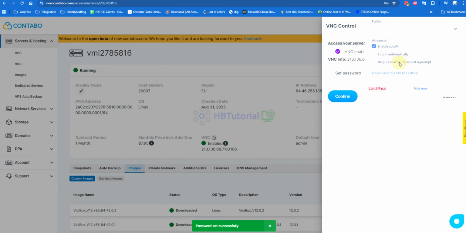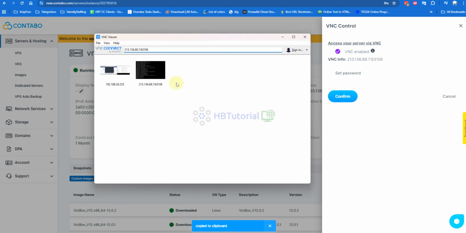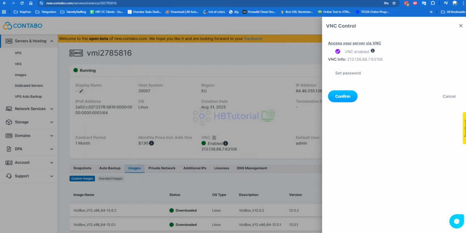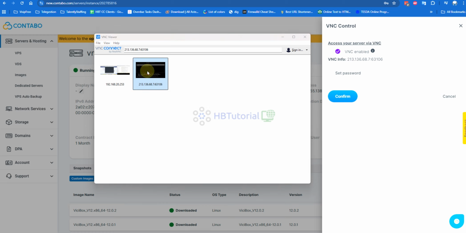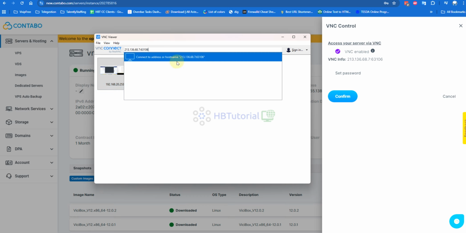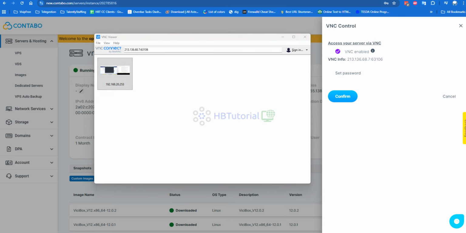Successfully. Copy the connection address. I think it's already the same. Let me reconnect. Let me reconnect again. Okay, let me delete first and connect the address.